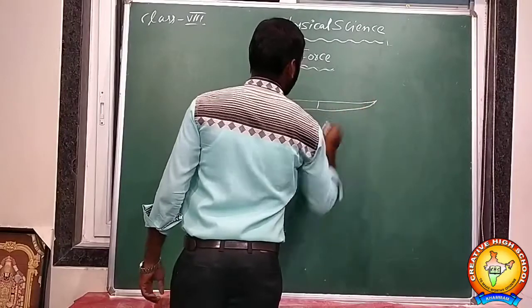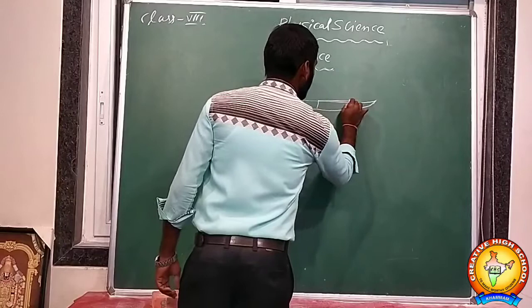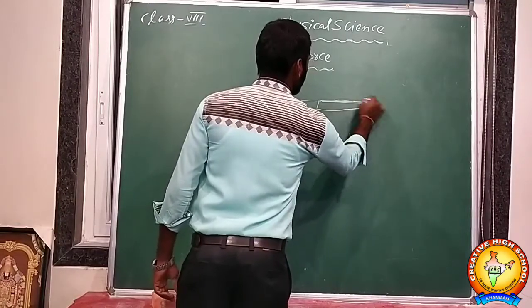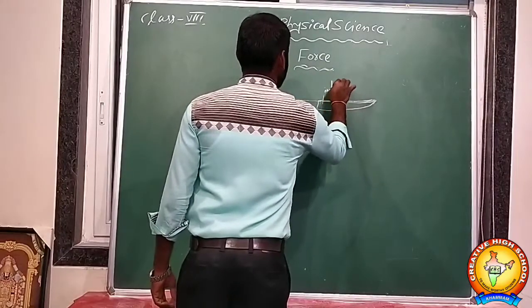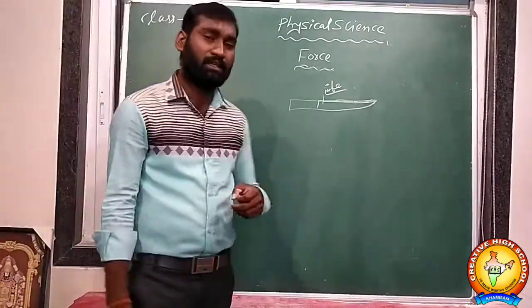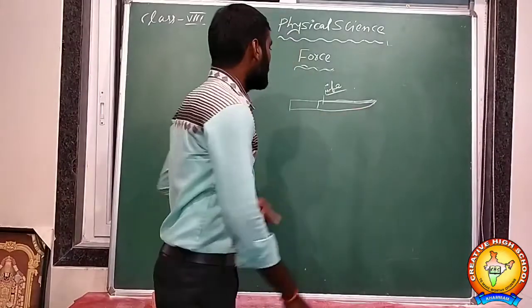So like this. Okay, knife. The sharp side will be this, and this is the blunt side. This blunt side is the area where you can cut the pen. This side you can cut the pen. The knife is used to cut with the sharp side. Okay, this side is the sharp side, the sharpened side.